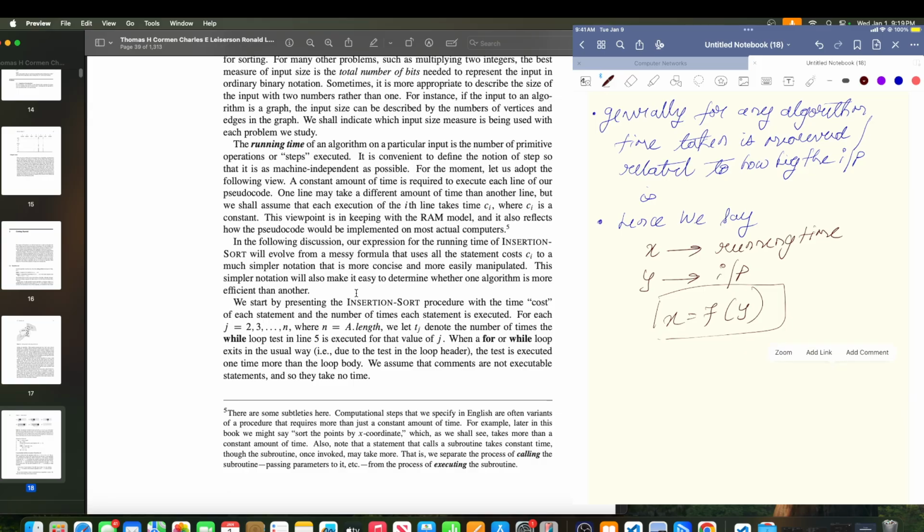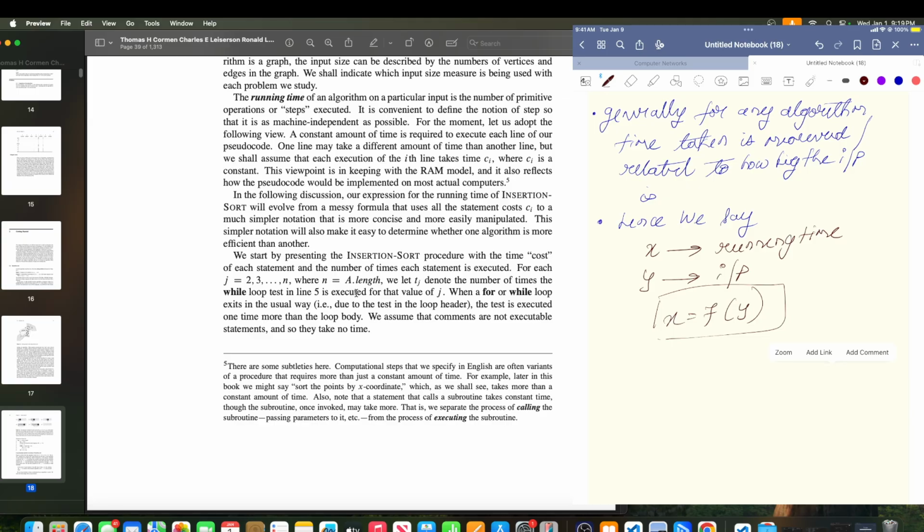One line may take a different amount of time than another line, but we shall assume that each execution of the ith line takes time c_i. The RAM model also reflects how the pseudocode would be implemented on real computers. In the following discussion, we start by presenting the insertion sort procedure with the time cost of each statement,